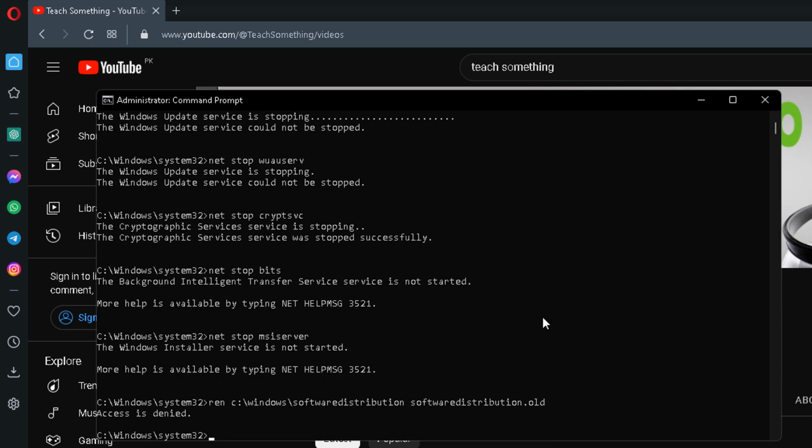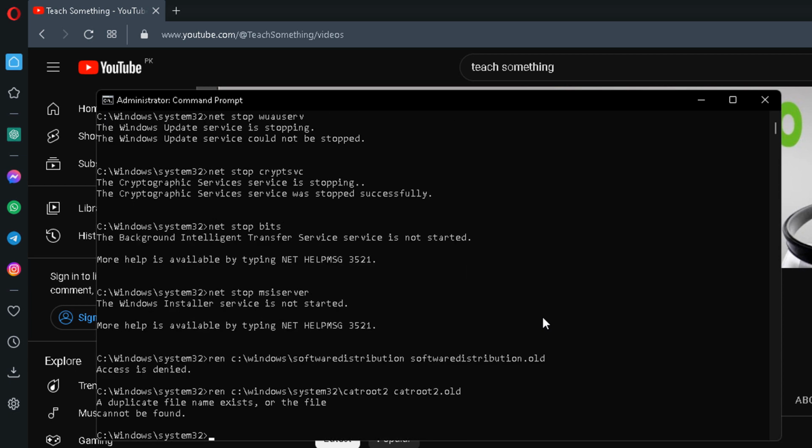After that, type the command: REN C colon backslash Windows backslash System32 backslash catroot2 space catroot2.old and press enter. After that, type the command: net start